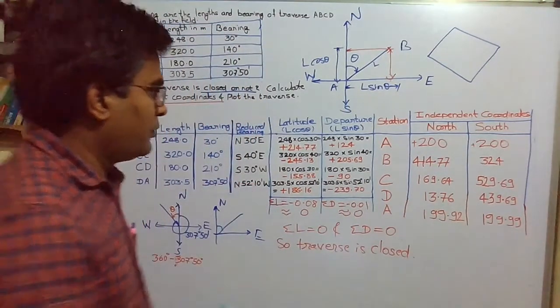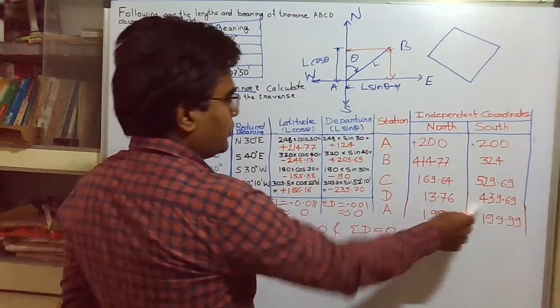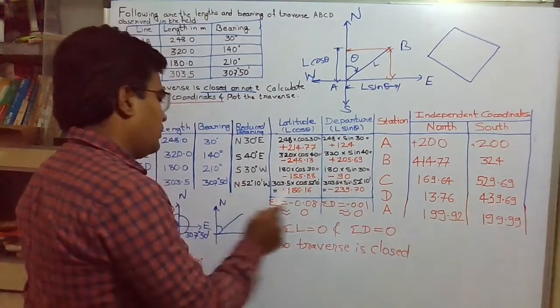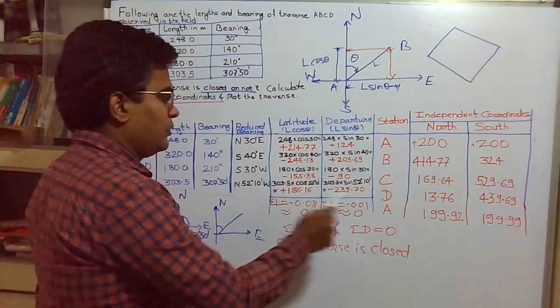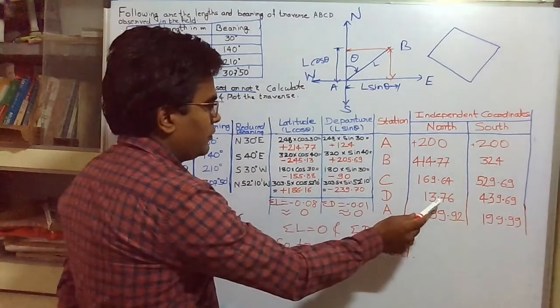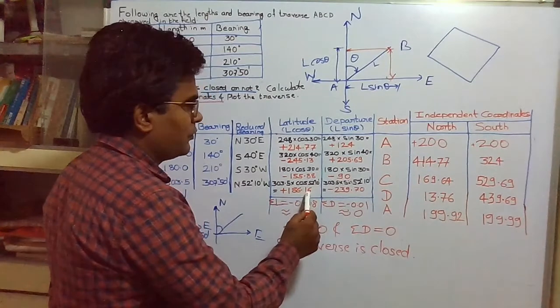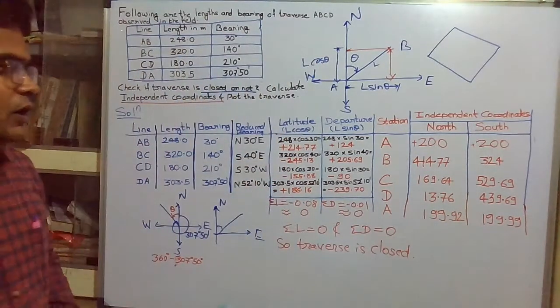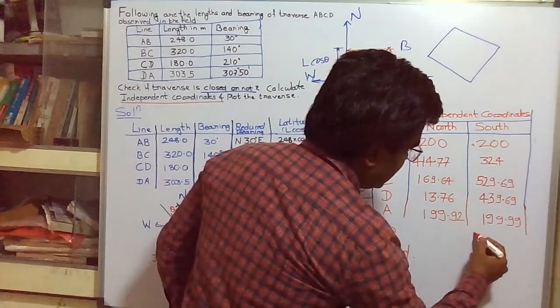Similarly, these are the coordinates for point D we got, and when we add latitude and departure again for A, here we will get 13.76 plus 186.16, that is 119.91, the coordinate of A. Here we can observe this is also nearly